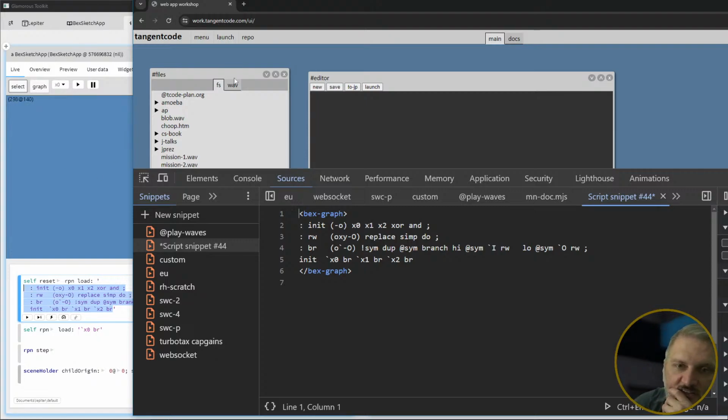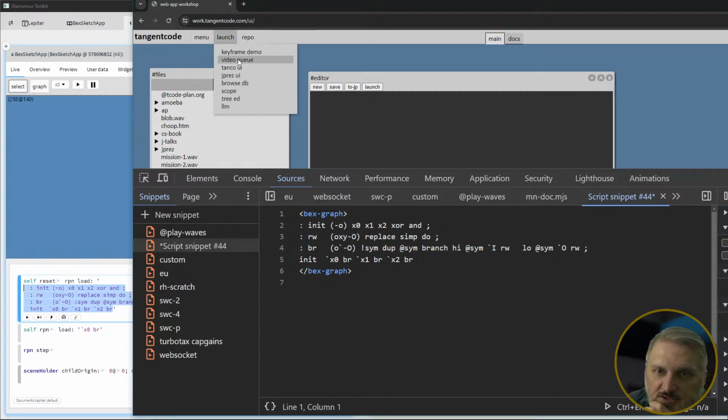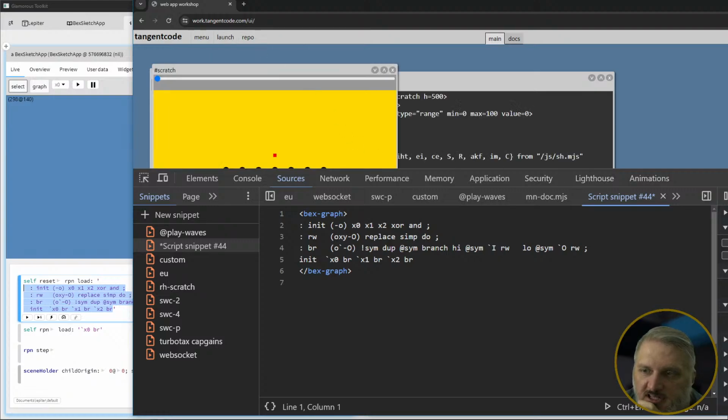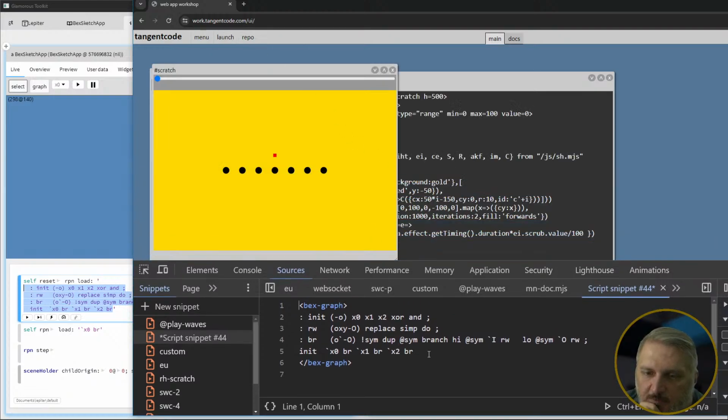And then you get one of these things. You know, you could do something like, what is it I'm looking for? Keyframe demo. It could compile all this or execute all this, and then instead of just generating